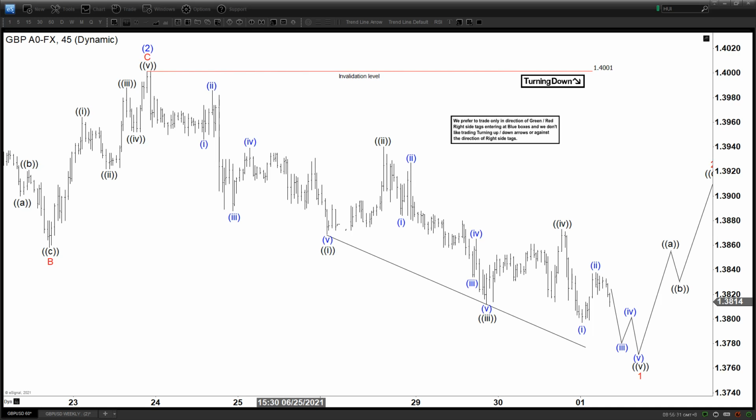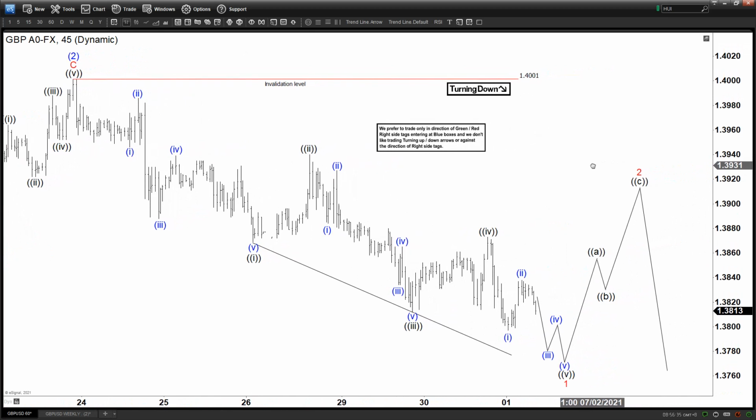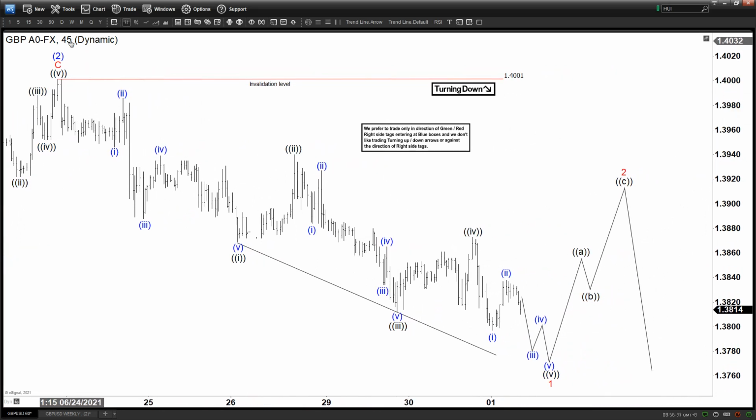Today we're going to be looking at the chart of the pound dollar right here, 45 minutes chart. We see here that wave 2 in the intermediate degree ended at 1.4, and now we are looking for a wave 3 to the downside. Okay, we are looking for wave 3 to the downside, and wave 3 is unfolding into another 5 waves here,